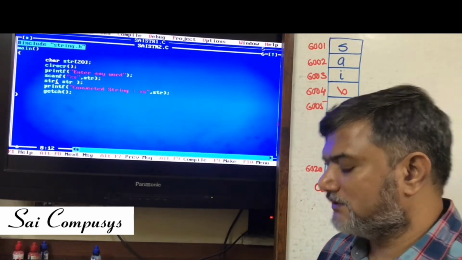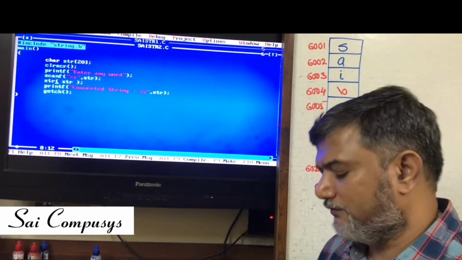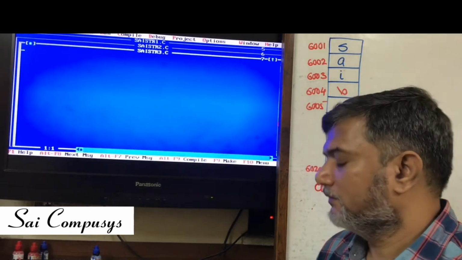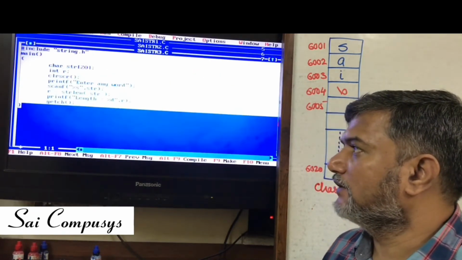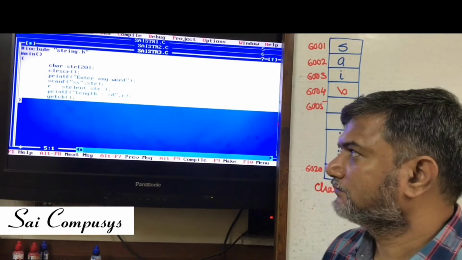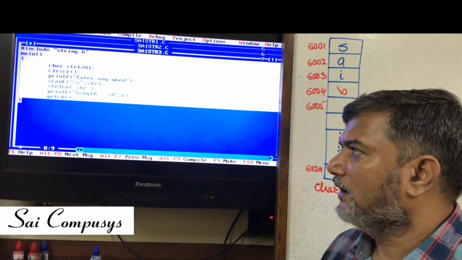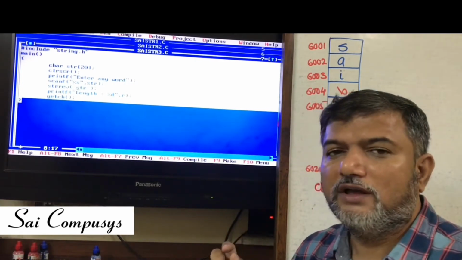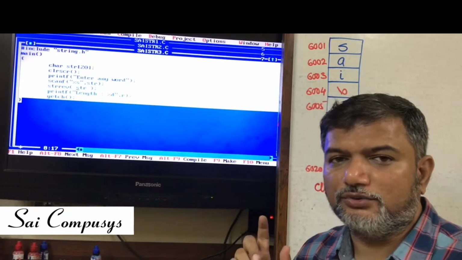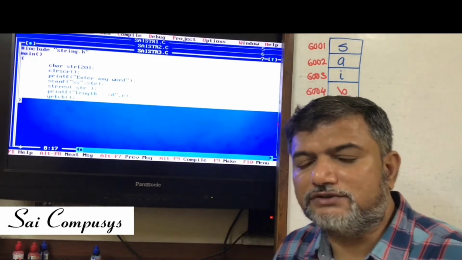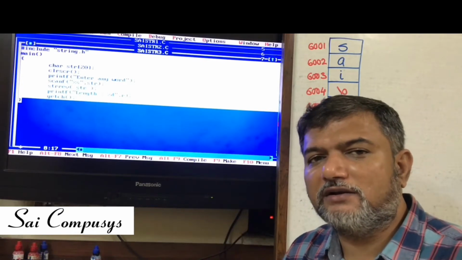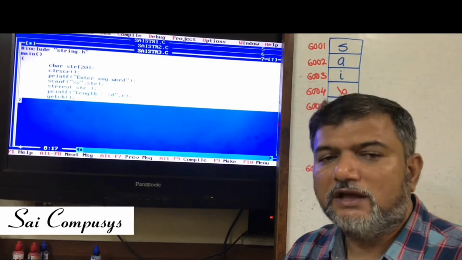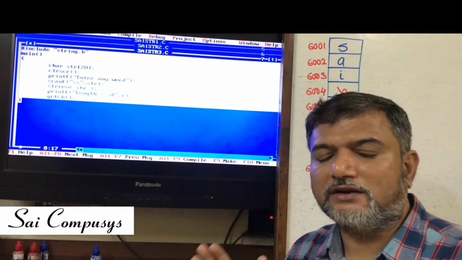Next, I have a very interesting function called strrev. I'll just show you that. See, I'll write down strrev over here, and again please note, every time I am writing str into it, basically I am passing the string to the function, or I should say I am passing the starting address of the string to the function. So, strrev, as the name suggests, it will reverse the sequence of characters stored in the